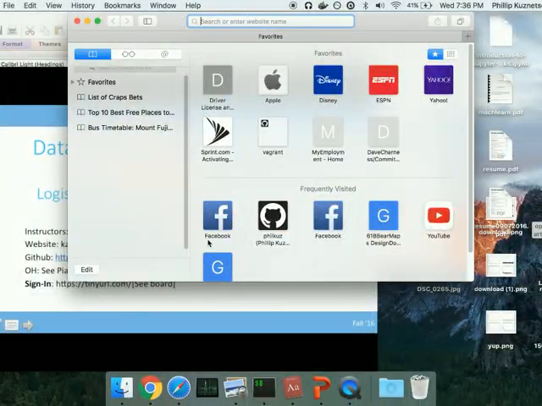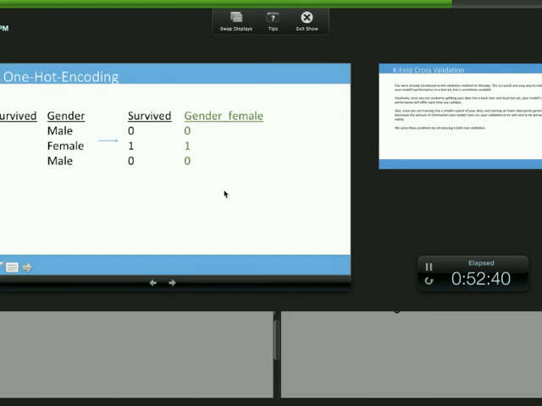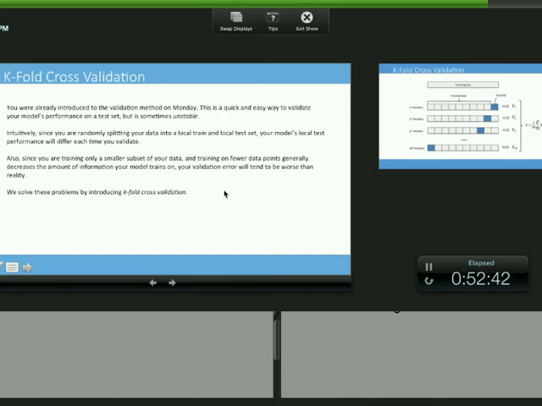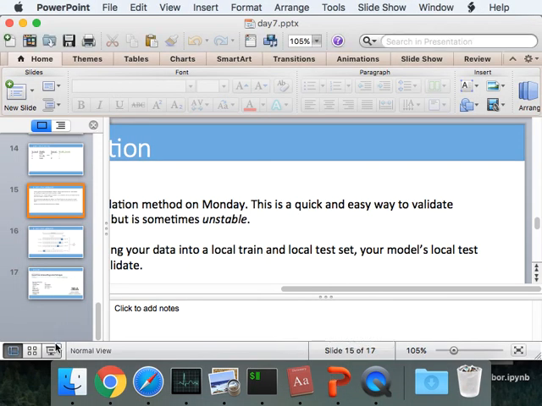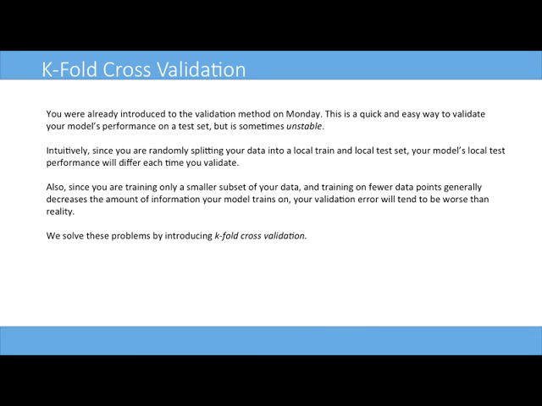Now we turn to cross-validation. All right. So great. So for K-fold cross-validation, can you guys see that? It looks very grayed out from my perspective, but can you guys see that? All right, cool. All right, so the reason why I'm introducing a new way of testing things is because